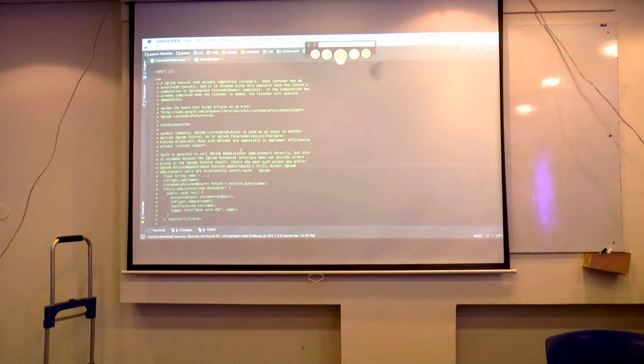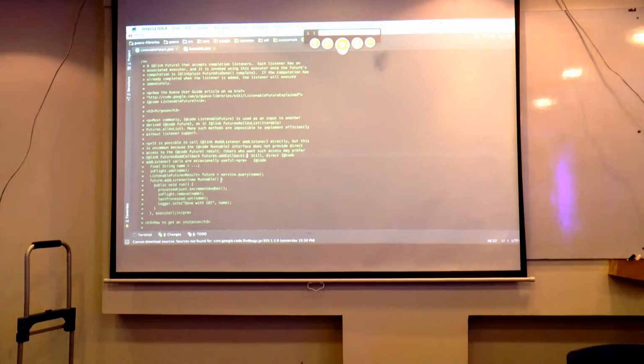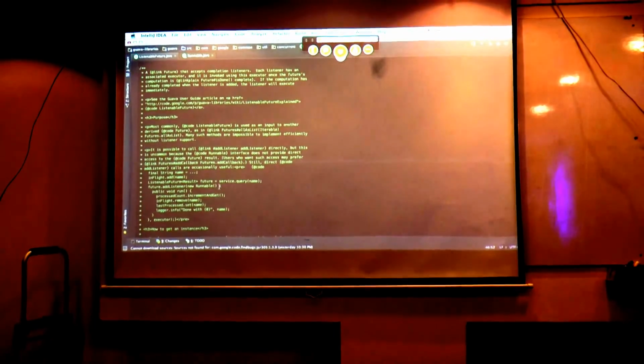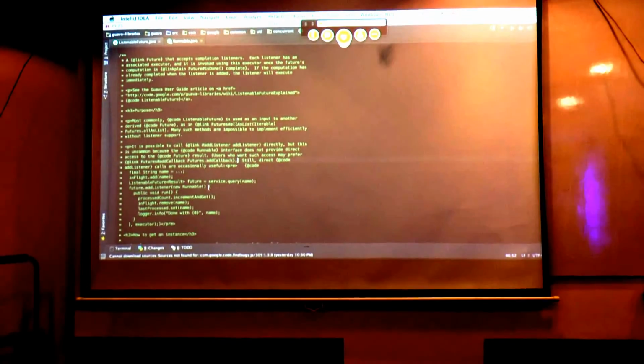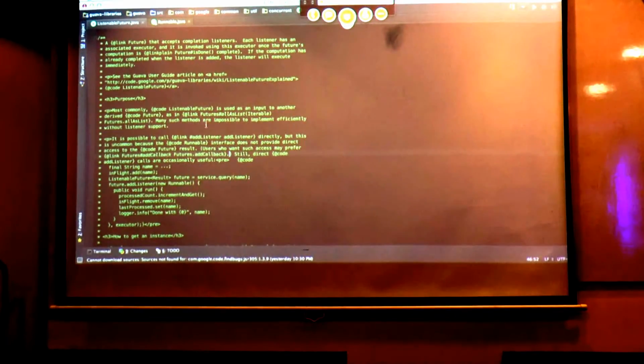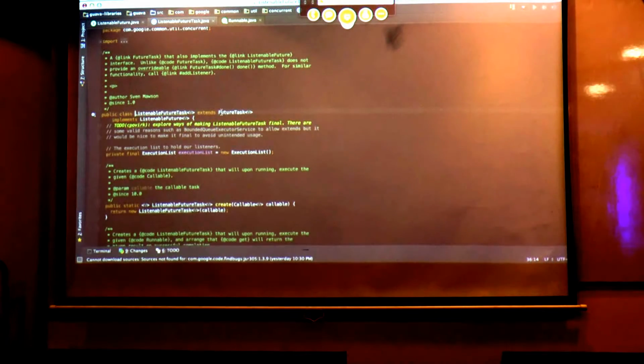Any other questions so far? Is the concept of a listenable future clear to everyone? Can we move on to the implementation? Cool. So, next up, I need to reopen my notes here, because I'm an idiot. Right, next up, let's talk about listenable future tasks, because that's what the documentation points us to. So we have this listenable future task, and